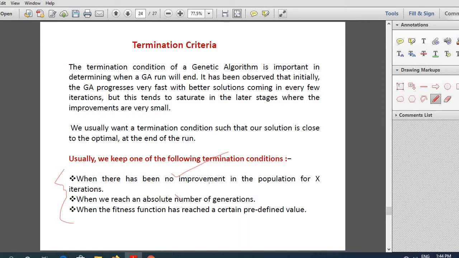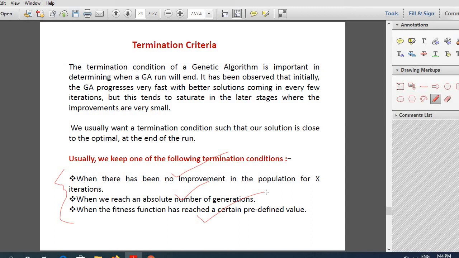And another way for termination is, you can fix the number of generations. Like I said previously, you can set the number of generations as 100, 200 or something like that. So when it reaches that particular number of generations, the algorithm stops itself. And now there is one more method for termination: when the fitness function has reached a predefined value. For example, you started with an initial population, you are evolving over generations.